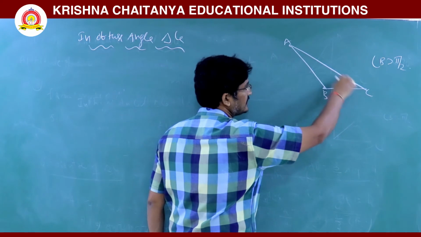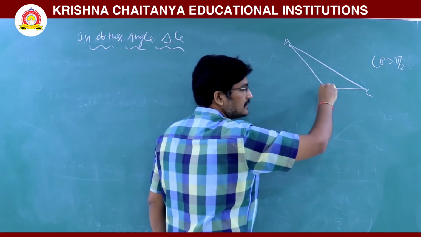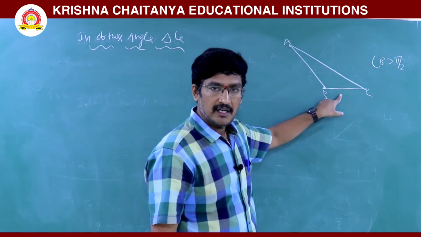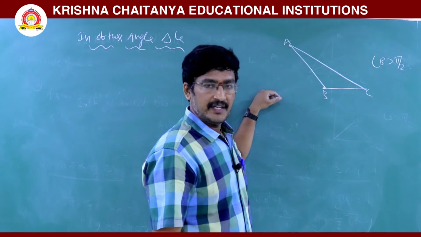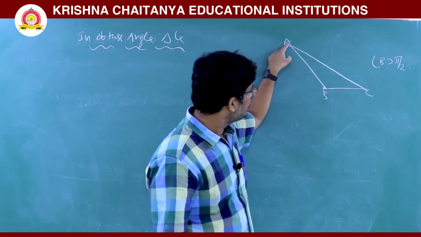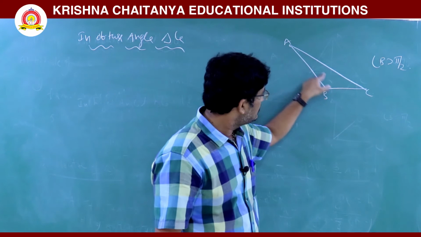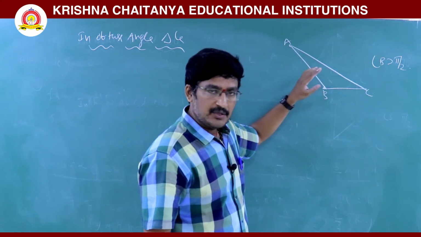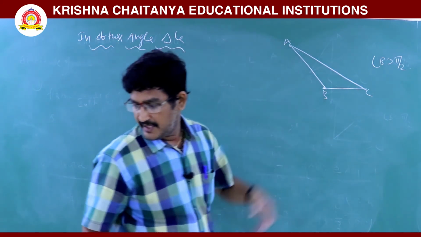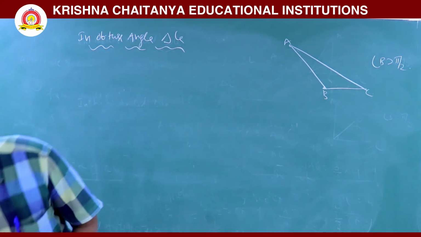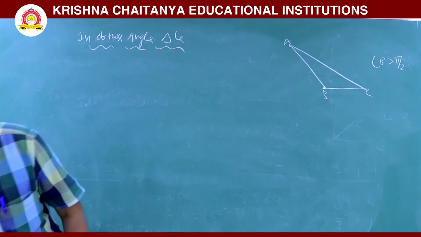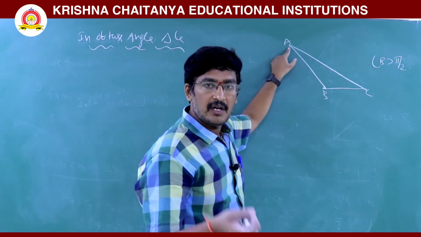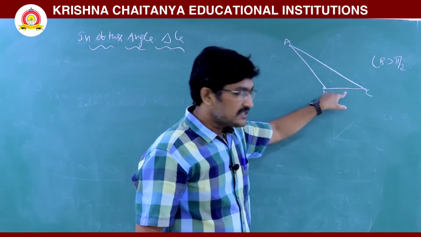It is not possible. It is not a perpendicular line. So to draw a perpendicular line from A to the side BC bar, we have to extend this line. Suppose you draw any line from A to BC inside the triangle, it is not a perpendicular. So we have to draw a perpendicular line from A to the side BC.